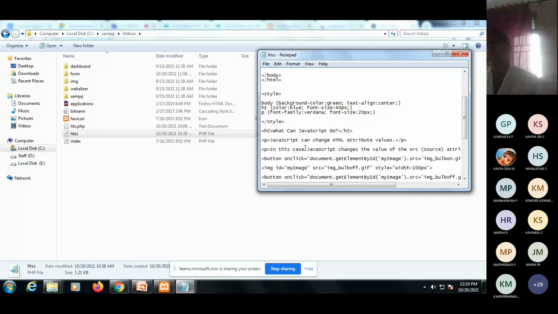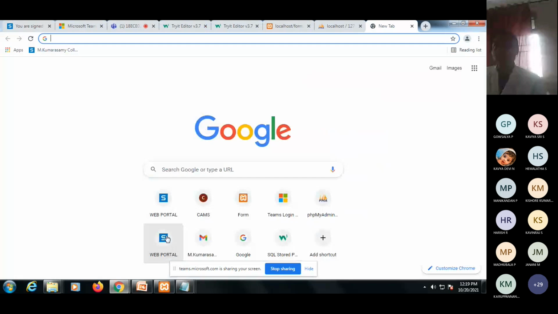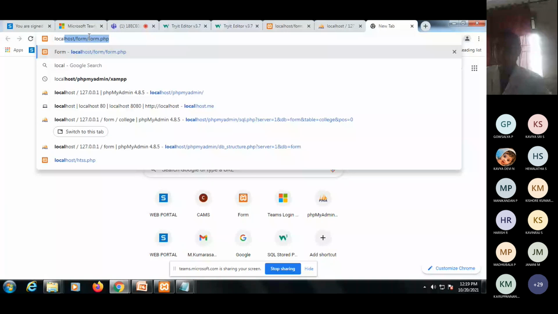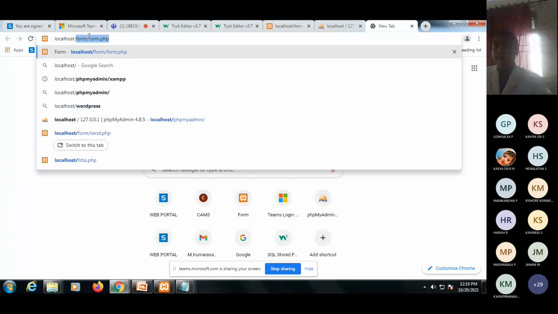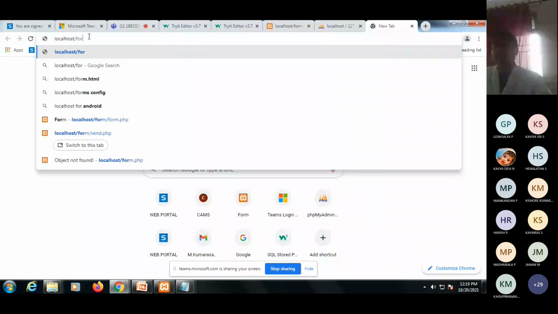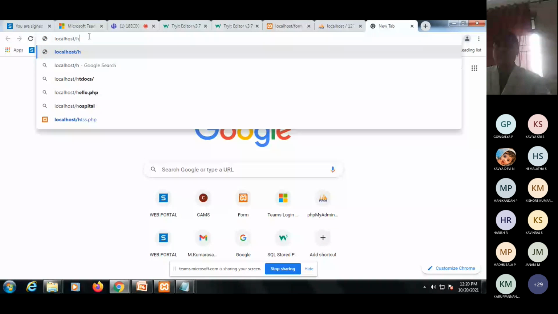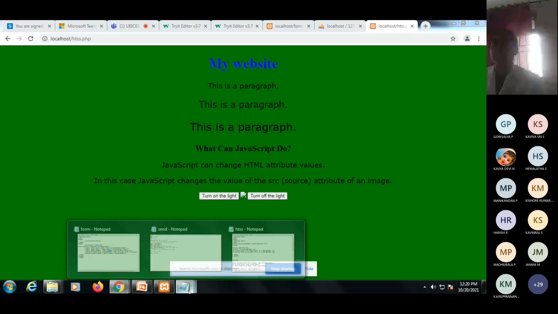So in this I access this in the web page. For this I write a code here: localhost/HTTPS.php. Then give enter. Yeah, for this code it will open this website.